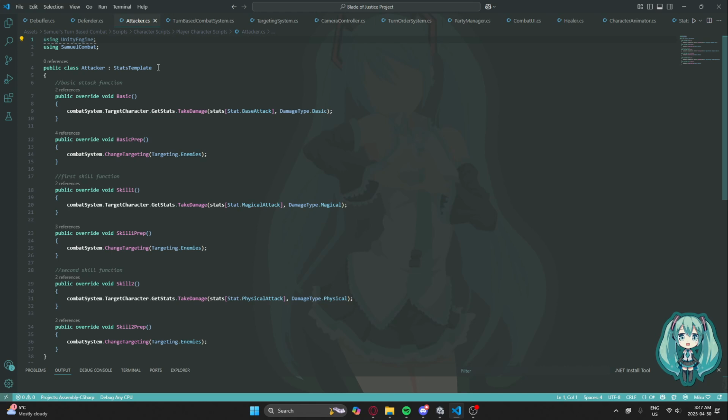So over here, we inherit that template and we have our 6 override functions. With the attacker, in each preparation, he just changed the targeting to targeting enemies. So we select through the enemies and find the one that we want to attack. And then when we do attack, we go through the combat system, we grab that target enemy, we grab their stats, and they take damage based on our attack that we want to deal and the damage type that we